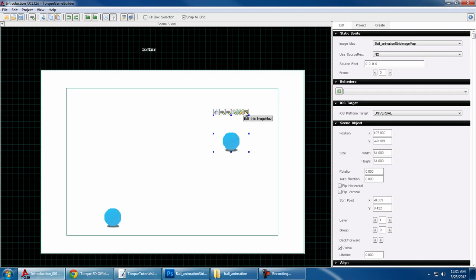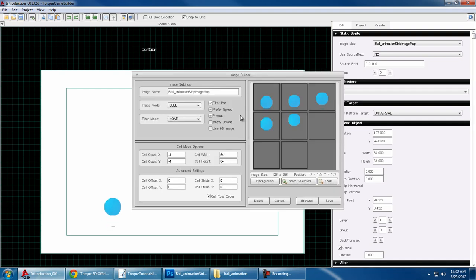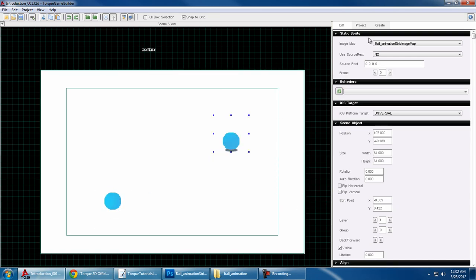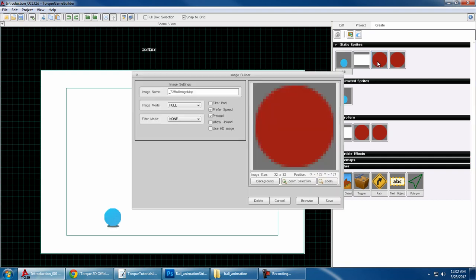And finally, you edit this image map, which is the same as double clicking in your create tab, which I'll show you in a second. You have this animated cells, which creates this object here. Here you'll double click an object, and it brings you to the image builder itself again. And here you'll notice